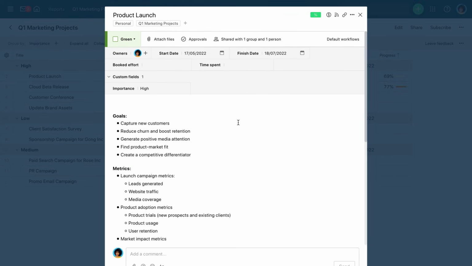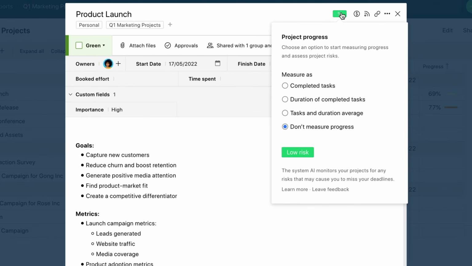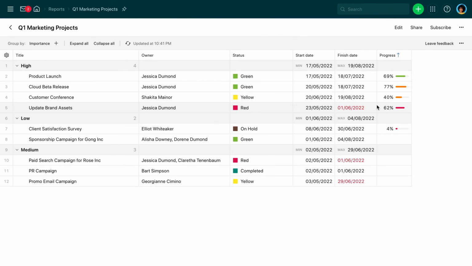If you find it difficult or time-consuming to plan for risks, Wrike's artificial intelligence can calculate your risks by many factors, such as project complexity, task activity, or the owner's previous project history. Risk management has never been easier with Wrike's intelligence.